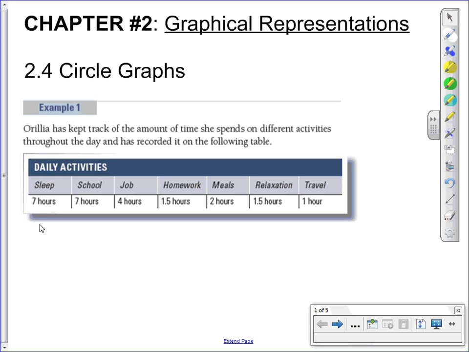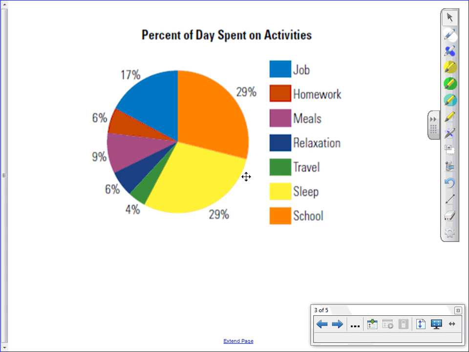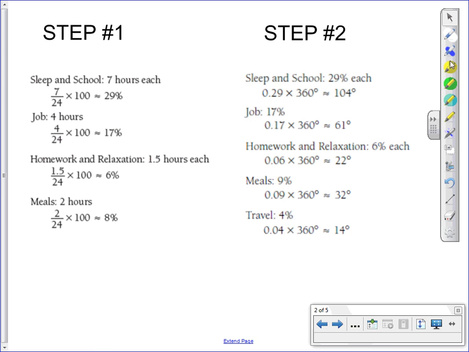So even if you look at these numbers that are on the page right now, which are the amount of time that Aurelia spends on different activities, the biggest pieces of that pie in her day are sleep and school. So we already know ahead of time that the largest portions of the pie, which are sleep and school, take up the same percentage. How do we figure out that percent, and how do we make that into a circle graph is the question. There are two steps to it that we need to look at, and the first is